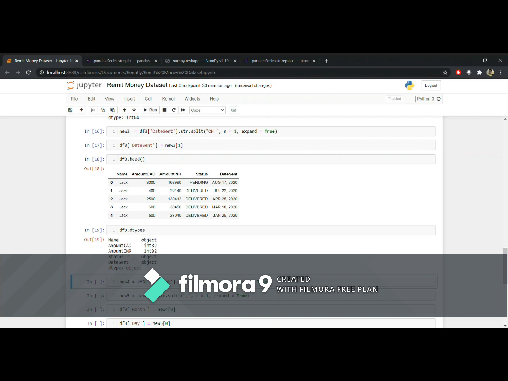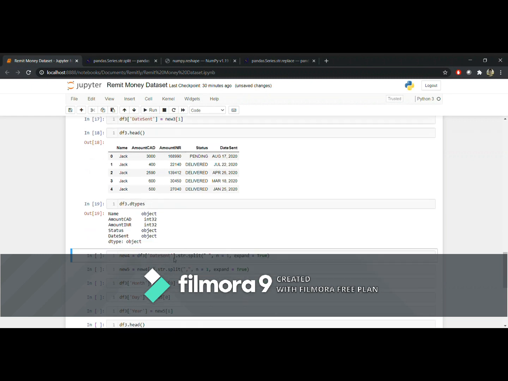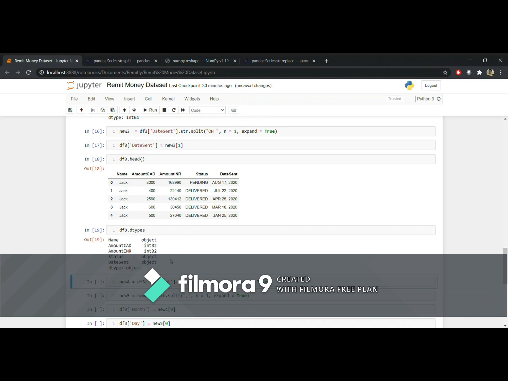So you can see amount, CAD, INR, int, status, and date sent are objects. You can see date sent is still an object. I wanted it in a proper date format. So the next thing is,